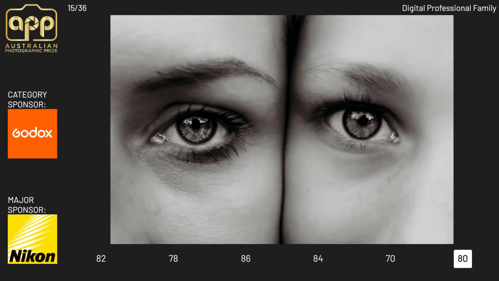Sorry, Em, I probably can't see what you're seeing. I'm trying to work out what the story is here. We're looking into their eyes, but is there something in the iris that we're meant to be looking at here which I can't find, and it's not sharp? I feel like it's been overworked, overburnt around the eyelashes, and then the softness of the skin. Yeah, I'm just struggling a little bit here, but if you can talk to me a bit more. Alan, can I get a comment from you, please?